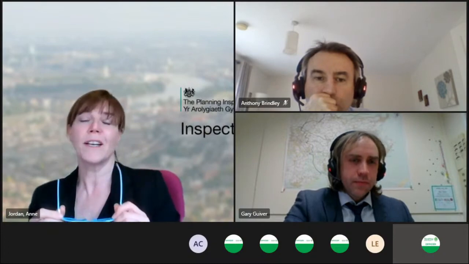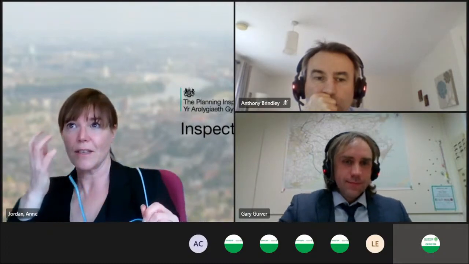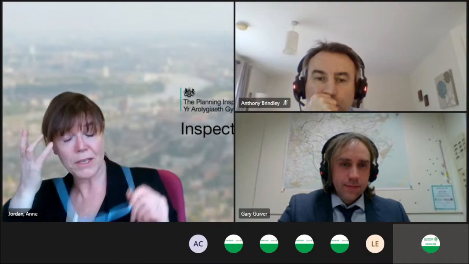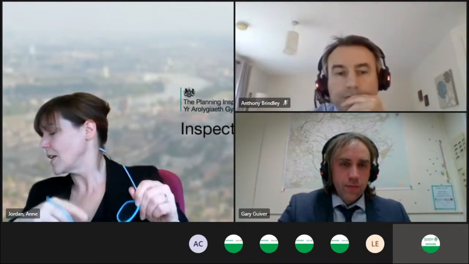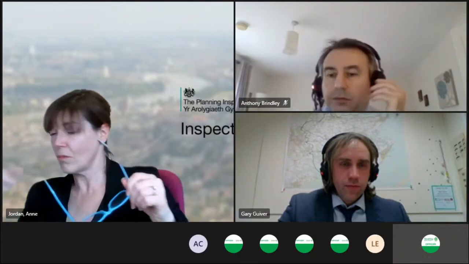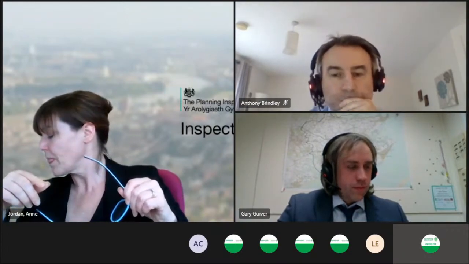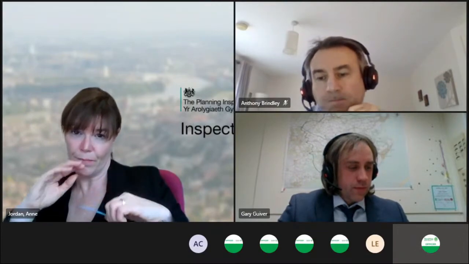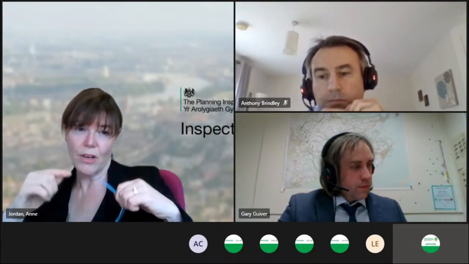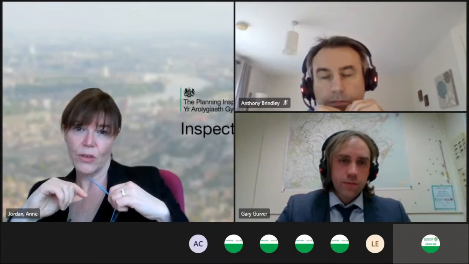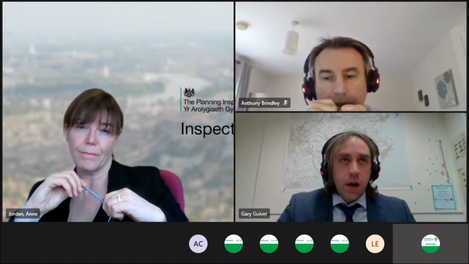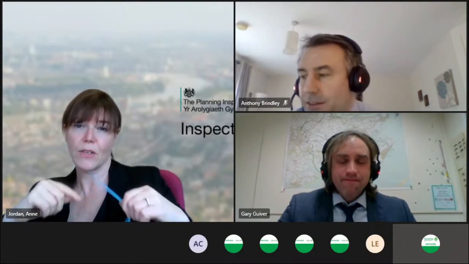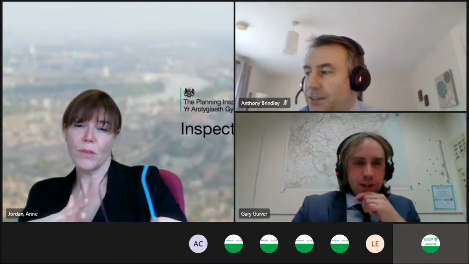Like, it's somewhere between large-scale growth and not very much growth at all, clearly, because large-scale growth is what's appropriate around Clacton, Harwich and the Tendring Colchester Borders Garden Community, although that's referenced later on. On the smaller settlements, you put a limit on. But how do they use the settlement hierarchy to gauge the sort of level of sustainability of any given site? Is there something you could do to the supporting text to highlight that, direct them to that?